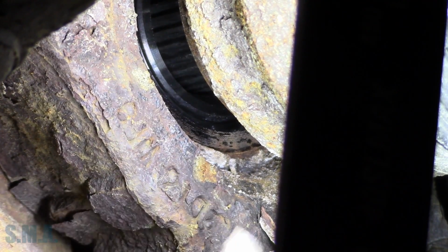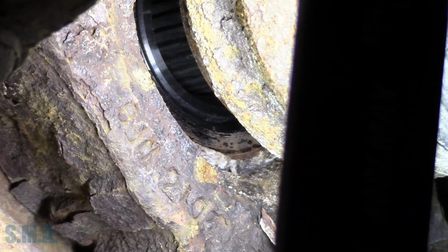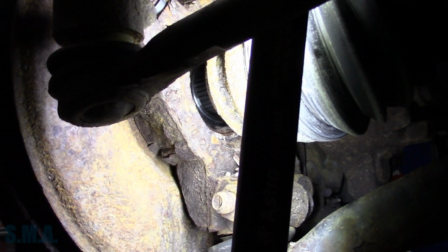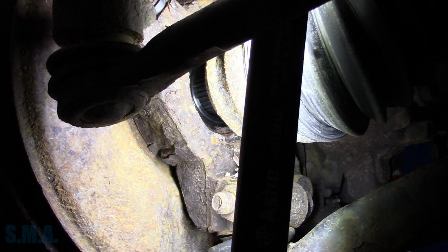I'm gonna get that blown out. The ABS wheel speed sensor is just up above us. I don't think you guys can see it. Unenhance. You can't because of the angle of your dangle. But that is up in there. I'm gonna clean some of this junk out of there. Look to see if that's intact. Maybe this side's just filthy. Wouldn't